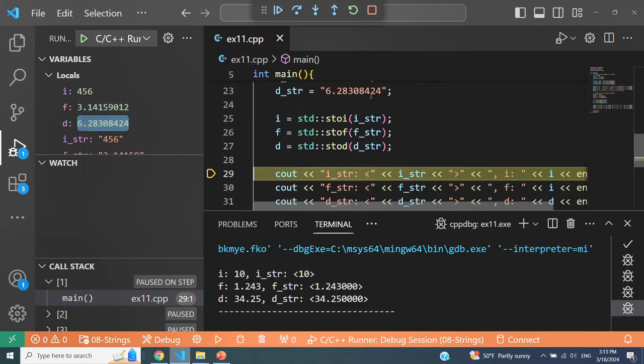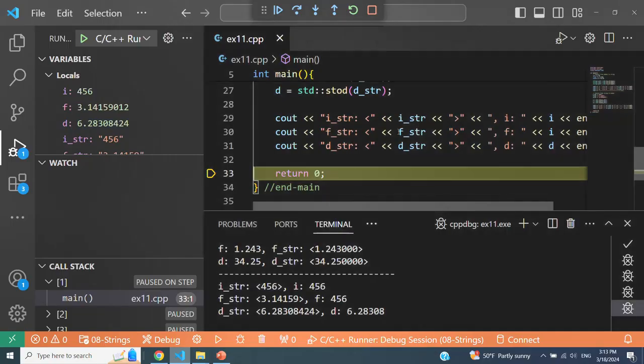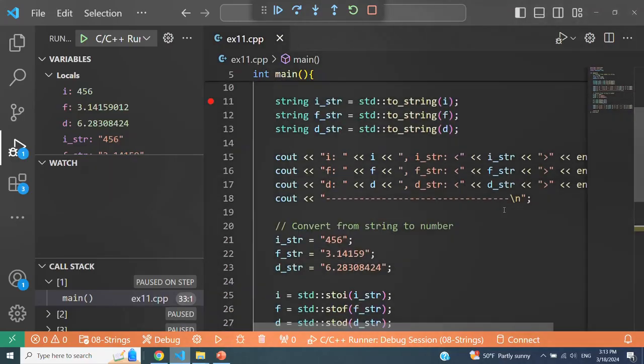And finally, convert this number into a double, and that's what you're seeing. So let's print them out. As you can see, we now converted a number that was represented as a string into an actual number, either an integer or a floating point number. These functions come in really handy in a lot of applications. That's why it is important to know them.